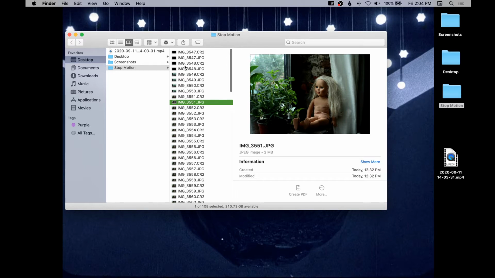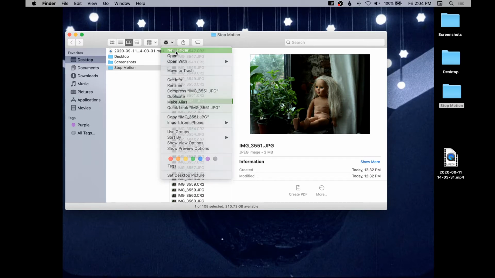One other thing to note, if you are using a new Mac computer, they sometimes default to saving your desktop files on the cloud rather than on your computer's hard drive. You should be sure to save your files onto your actual computer or onto an external hard drive, because working with video will fill up your cloud storage almost immediately.